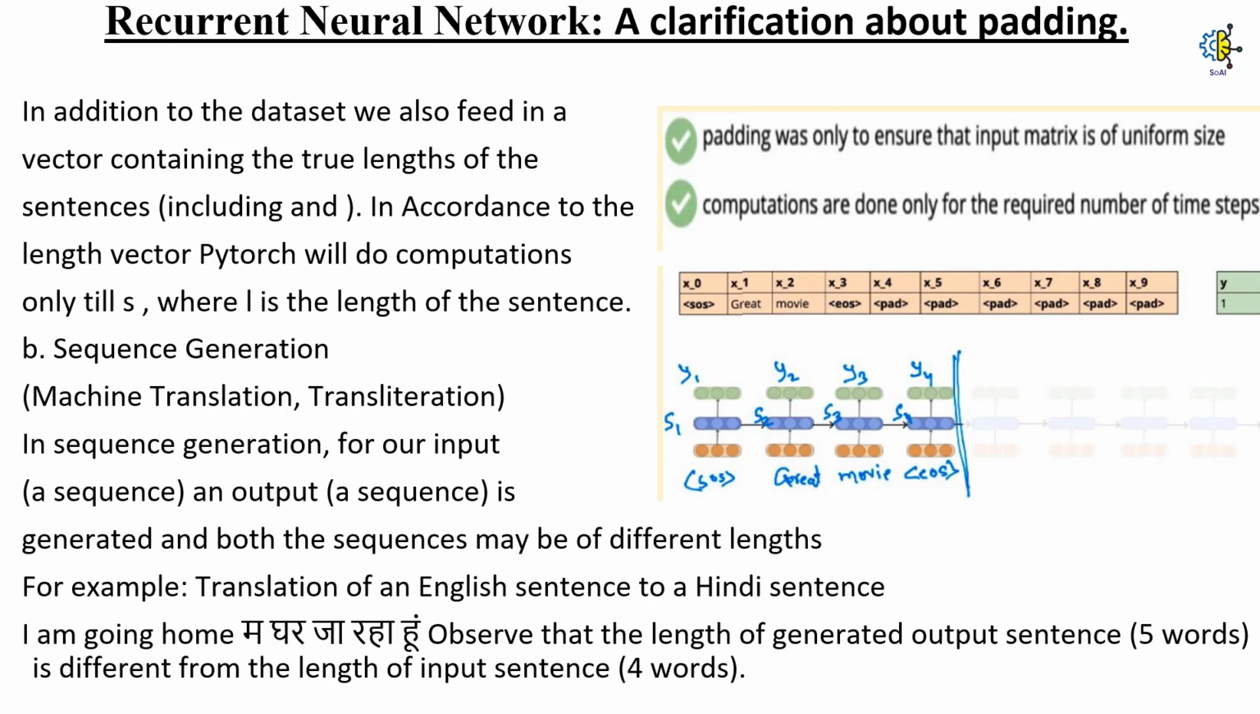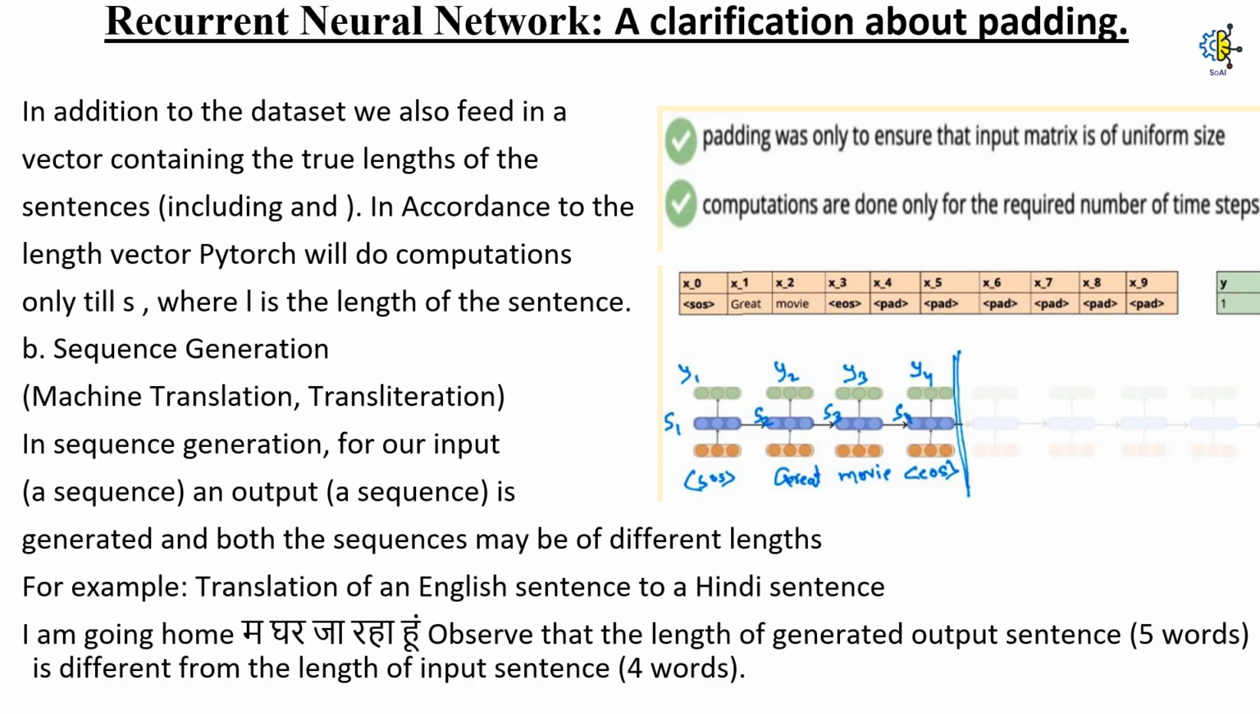In addition to the dataset, we also feed in a vector containing the true lengths of the sentences, including SOS and EOS. In accordance to the length vector, PyTorch will do computations only till L, where L is the length of the sentence. Now sequence generation, machine translation,